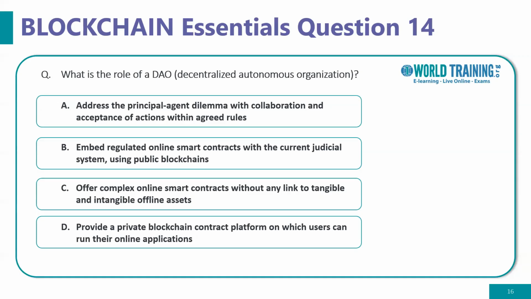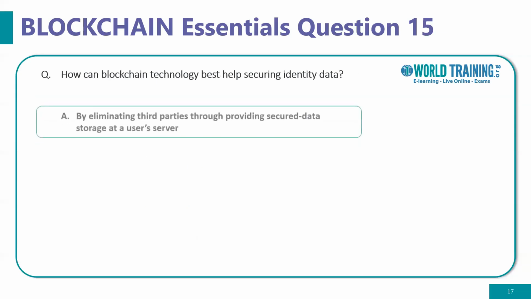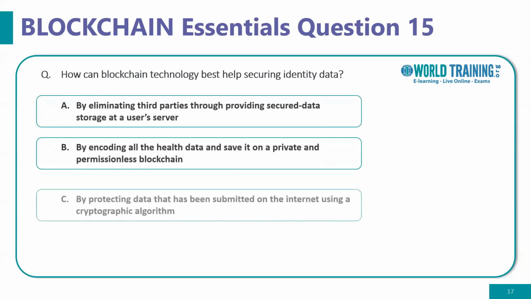So the right answer for what is a DAO is option A. It helps you to address the principal agent dilemma, which basically helps you to have collaboration between different parties. So that's the role of a decentralized autonomous organization. So let's look at the question number